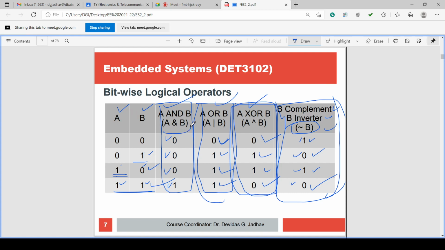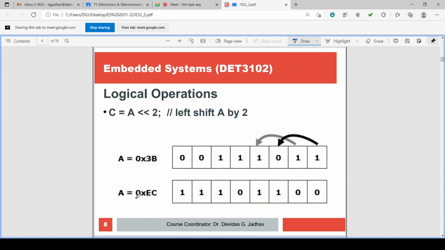So A ampersand B is one command, A vertical line B is another command, A cap B is also the XORing command. This tilde symbol B is also the bitwise inverter or complement command. Okay. So this is just to understand how to write the command in case of logical operations. Now, in logical operation, or